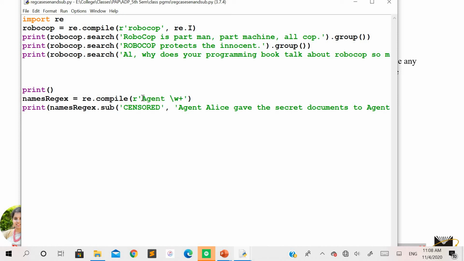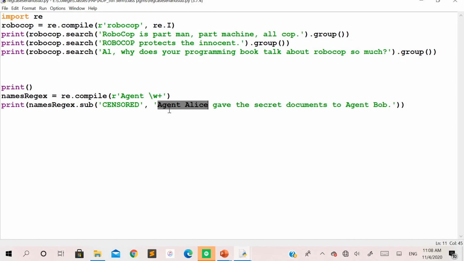The pattern is the word agent itself, followed by the space and followed by one character with one or more occurrences to be taken from the keyboard. I hope you remember all these special characters that you can use for designing the pattern. So that means agent followed by the space and followed by the occurrences of the characters until it gets the next unmatched value. Here in this case, the next unmatched value is once again the space.